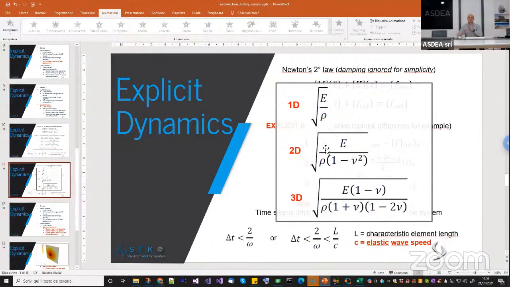So if you try to put in those equations the typical Young modulus, Poisson ratio and mass density of common materials, you will see that for structural mechanics, the time step is of the order of microseconds. So this means that it takes a lot of time steps, because, for example, if you want to analyze 30 seconds of ground motion,